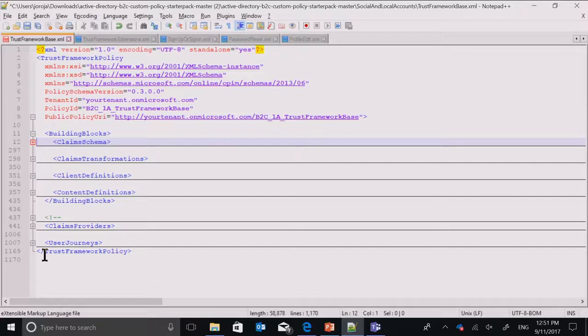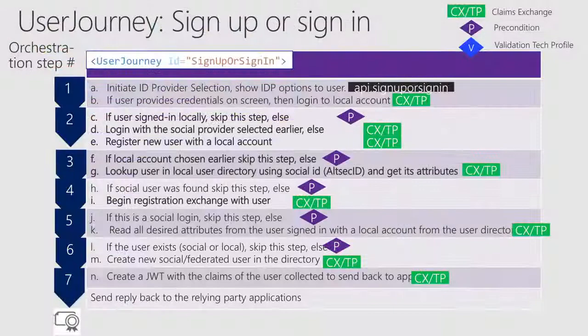And then once they would go to an IDP screen where they had Facebook or Google or something else, and they had already signed up, but they went to sign up with Facebook again, they would get an error saying, you're already signed up, please go back and sign in. And so the sign up or sign in user journey was actually initially created to solve that problem,